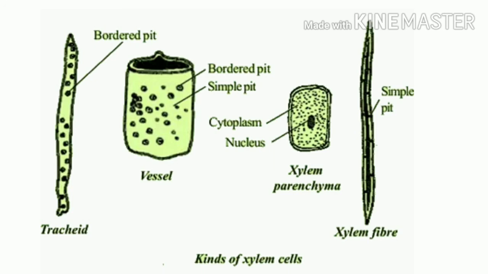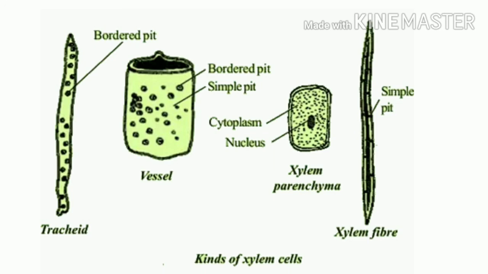Vessels are cylindrical tube-like structures made up of many cells called vessel members, each with lignified walls and a large central cavity. Vessels are devoid of protoplasm, so again they can be called dead. Vessel members are interconnected with each other by small pores present on their common walls. These pores are called perforations. The presence of vessels is a characteristic feature of angiosperms, as gymnosperms lack vessels.